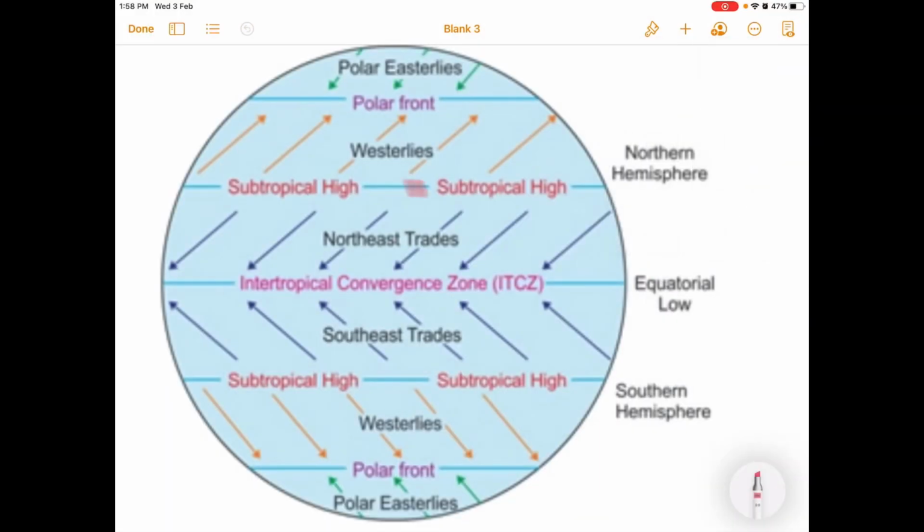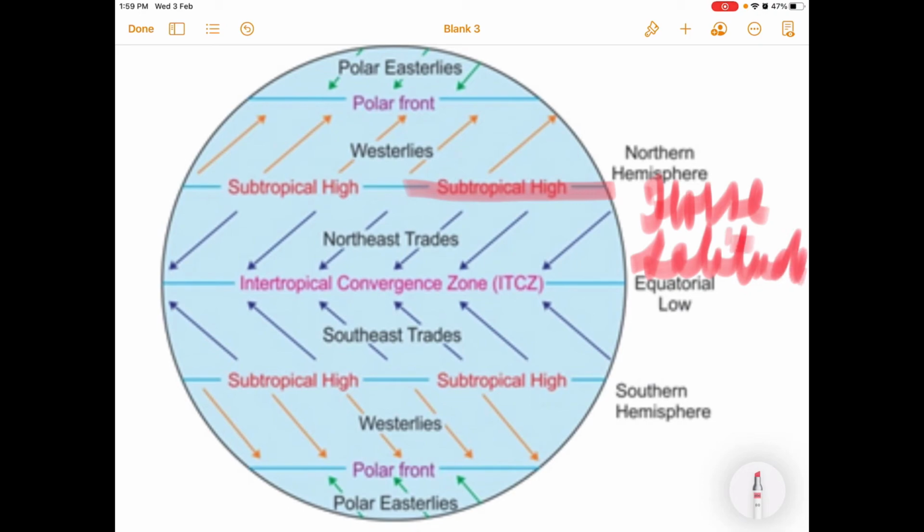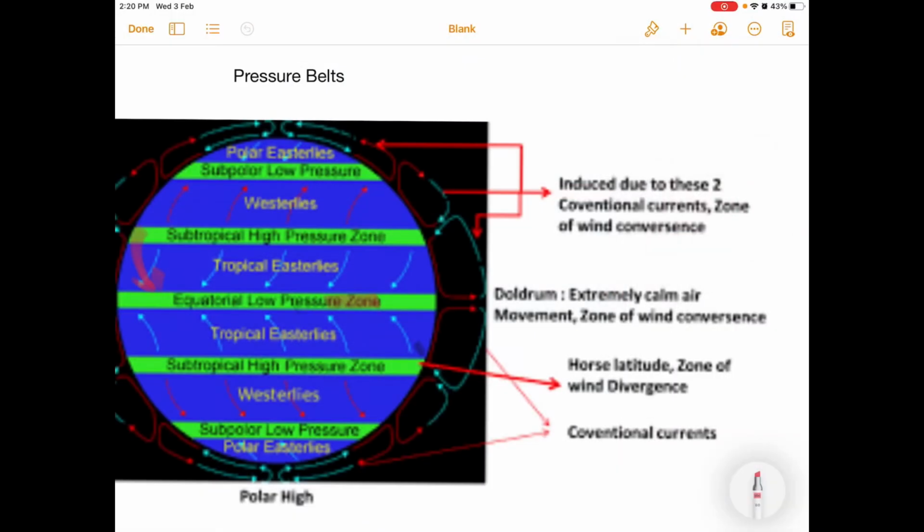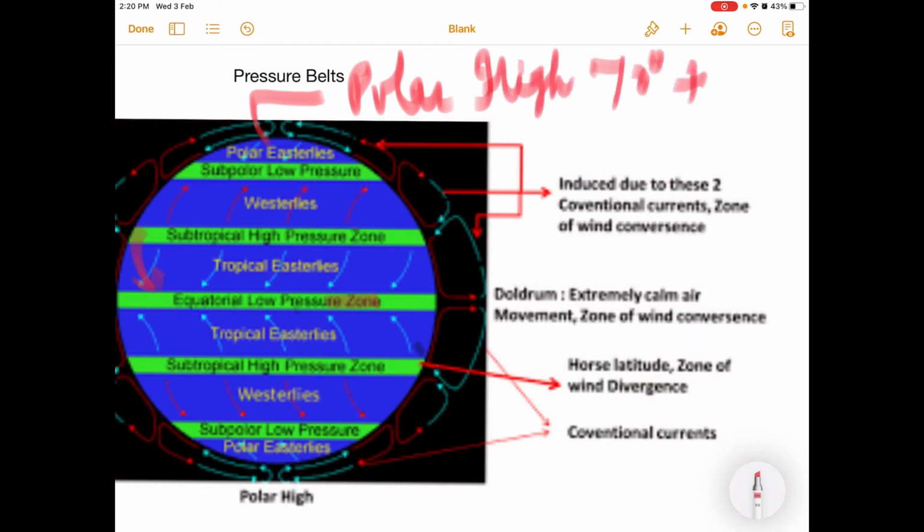So, this subtropical high pressure area is also known by the name hottest latitude in both the hemispheres, and this is an important question, children, that is generally asked in the examination also. Next we have the polar high pressure belt. So what is the extent of the polar high pressure belt? That is from 70 degree to 90 degree north and south of the equator in both the areas, right.